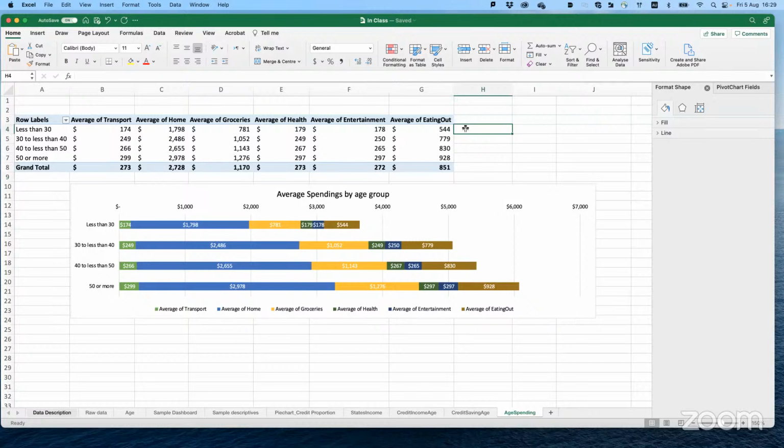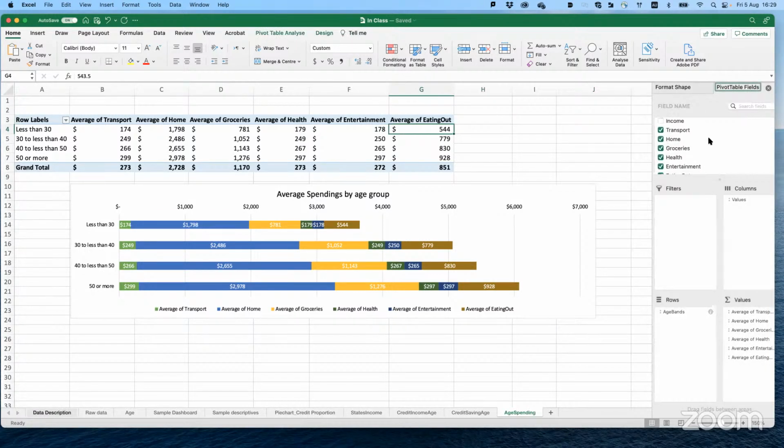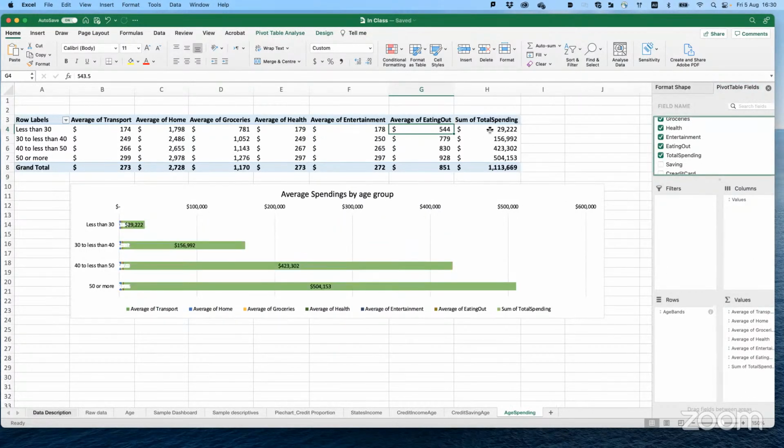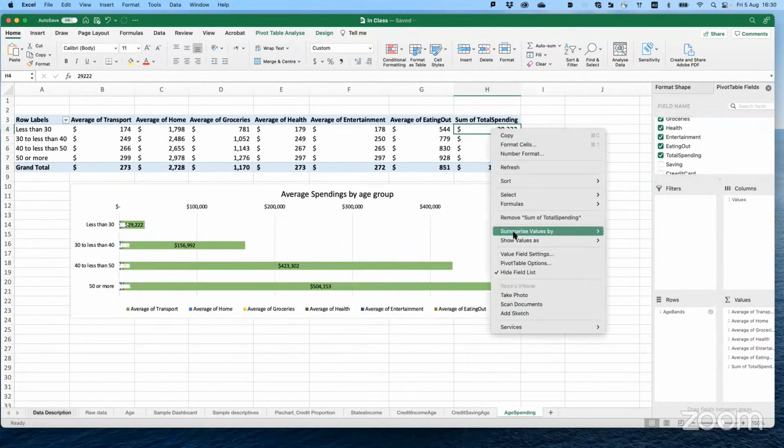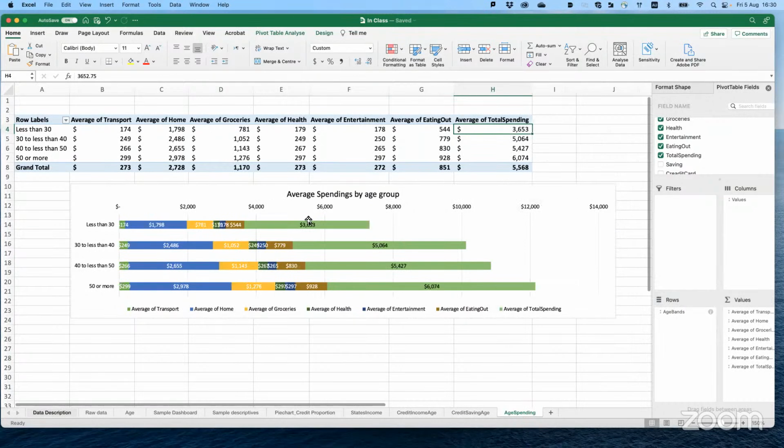We can, unless we add something extra, and add the total spending to our table. Then we say that's the total, change it to average of total and add it. But again, it is going to ruin our graph. You can get rid of the extra data, but that's not something that I suggest.